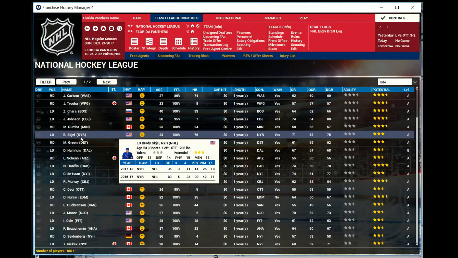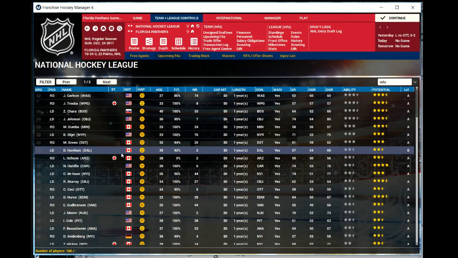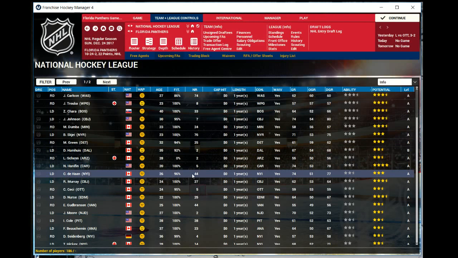Ronnie Sauce in the chat, hot take: Ivan Provorov is greater than Erik Karlsson. That may be a little optimistic. Right now, I'd say Provorov does have a lot of skill, but...